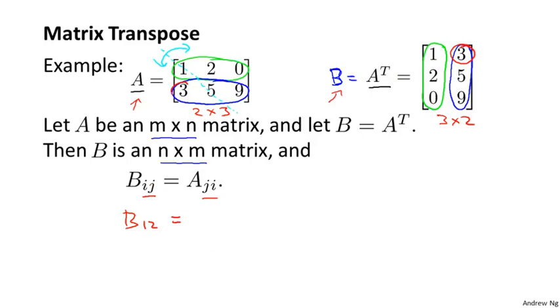And that's equal to A21, second row, first column, which is equal to 3. And as another example, B32 is this element 9, and that's equal to A23, which is this element up here, 9. And so that wraps up the definition of what it means to take the transpose of a matrix,